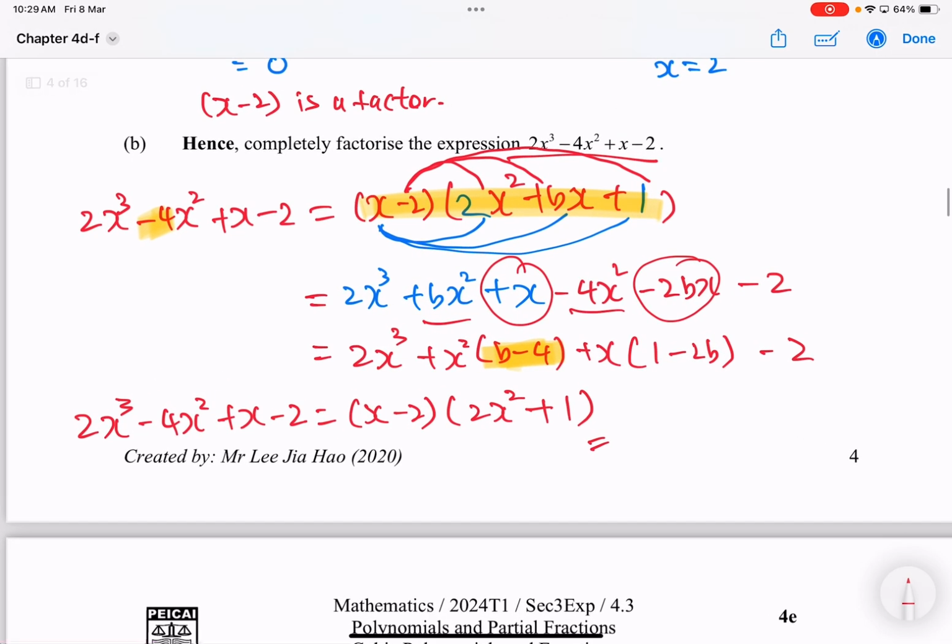You just do long division. Yes, Jordan said, can you just do long division? The second method is just to do long division and you get an answer. But,